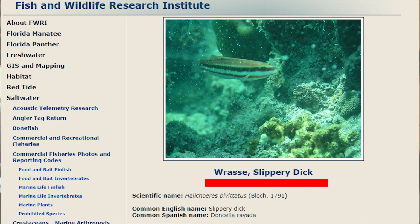All right, guys, back at the house, and we're gonna clean and cook this wrasse or slippery dick. Darcy didn't want to say it, but I will. Now, don't make a big deal out of the name of the fish and be all childish. That's the actual name of the fish at the FWC website, so you can check that out. Maybe we'll put a link down below. But I looked it up a little bit, and I guess this silly fish has been called this name since like 1859, and the dick part relates back to Richard probably or something else, but whatever it is,